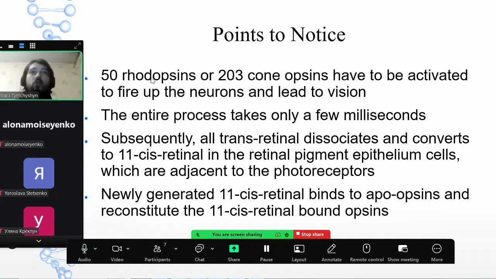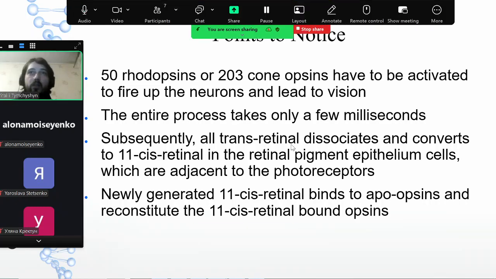I'm not sure why the language works in this strange way. When we get from rhodopsins we get one word, and for cone opsins we have something like two words, but I'm not a philologist, so who knows.